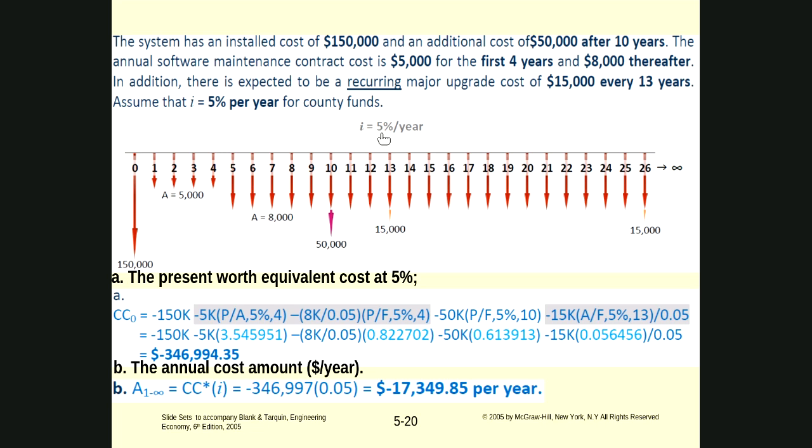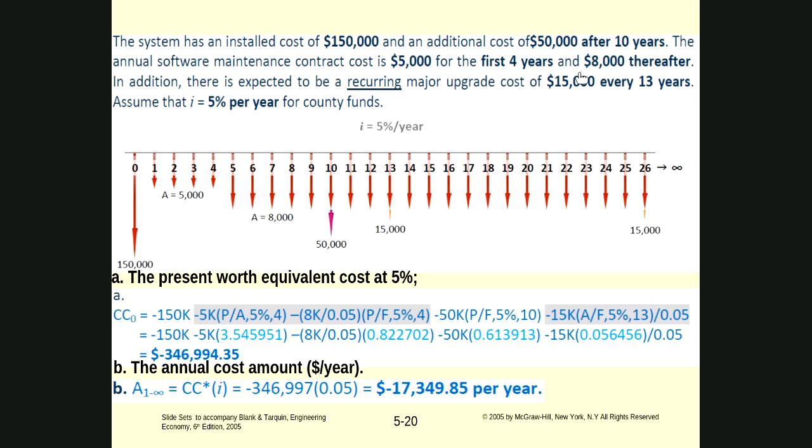Okay, so 5,000 multiplied with the P given A for 4 years for 5%, which is found to be here. Okay, where is the P given A? Yeah, sorry, it is here, the first one. Okay, now what about 8,000? The 8,000, it is annual for infinity, but is not starting from year 1. It is starting from year 5,